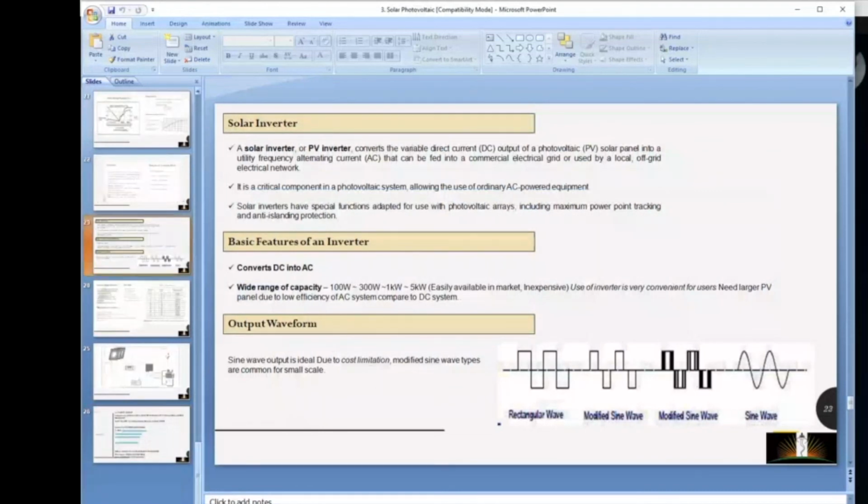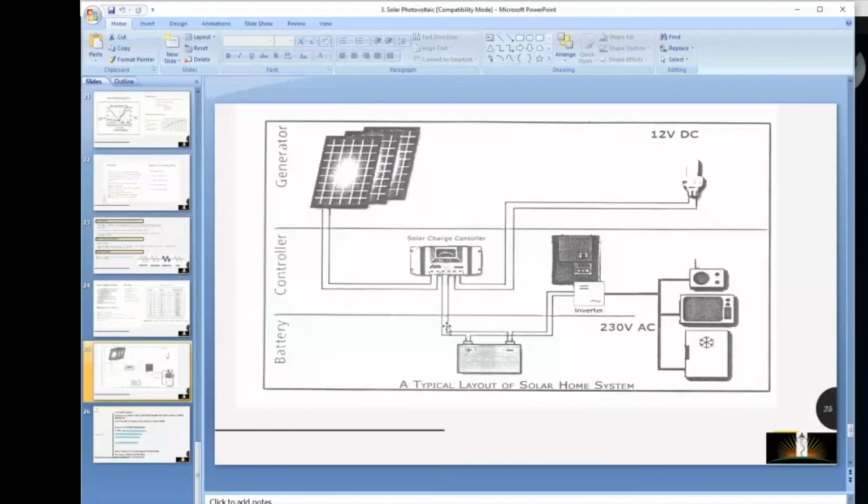Solar inverter different types are not required. So just to ensure, this is the basic diagram or typical layout of a solar home system or a rooftop system or a hybrid system, whatever you want to call it. It's basically a solar panel followed by a charge controller, an inverter for AC load or a grid load, and a battery for the DC loads. If we use a grid connected system, we don't require the charge controller and the battery. It can directly feed to the inverter via the protection system and then to the load. If it's a hybrid system, we require a combination of both.